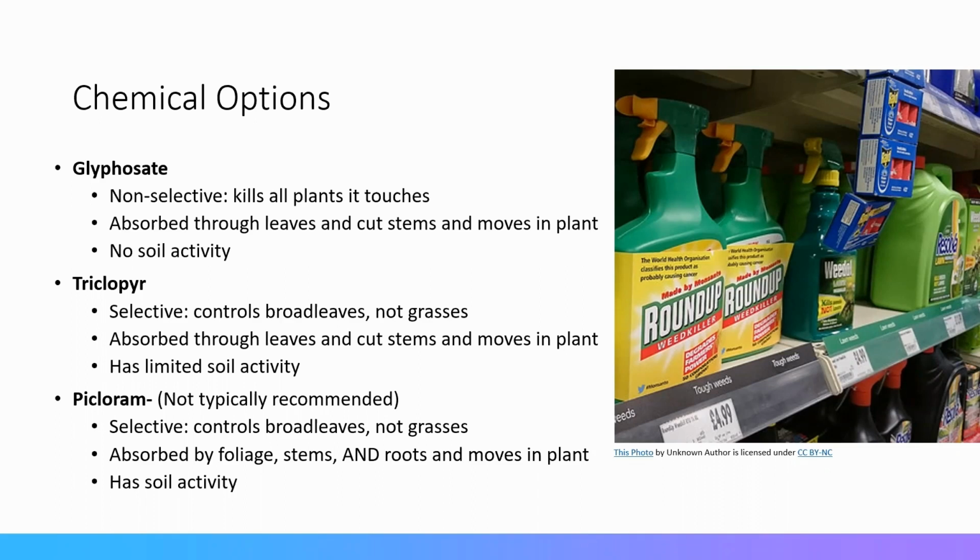but not as much as the third one, which I do not typically recommend. The third one, the active ingredient is picloram, and I think most people know this brand name, which is Tordon. I try to steer folks away from the use of picloram, because it's very good at killing broadleaves. Again, like triclopyr, it doesn't kill grasses, but any broadleaf plant it will kill. And it is absorbed by foliage, stems, and roots, and it moves throughout the plant. So it's systemic, so it'll kill the top, it'll kill the roots, it'll kill all of it.